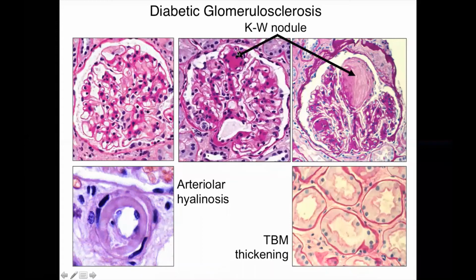The aneurysm ruptured and the blood and RBCs came out into Bowman's capsule and